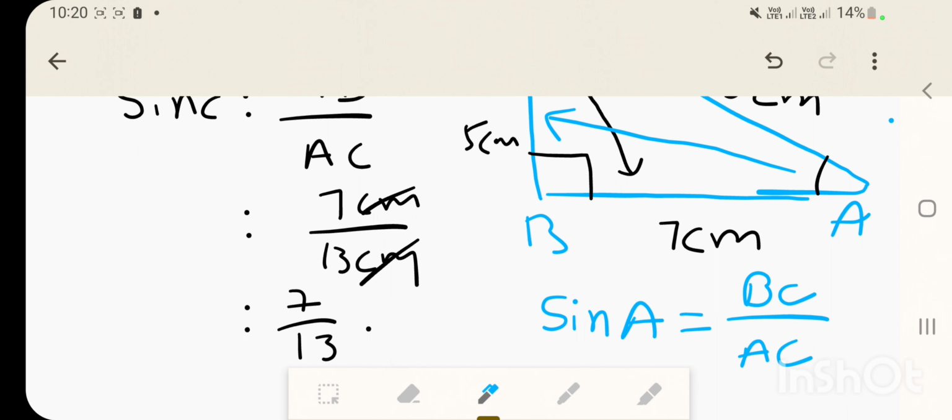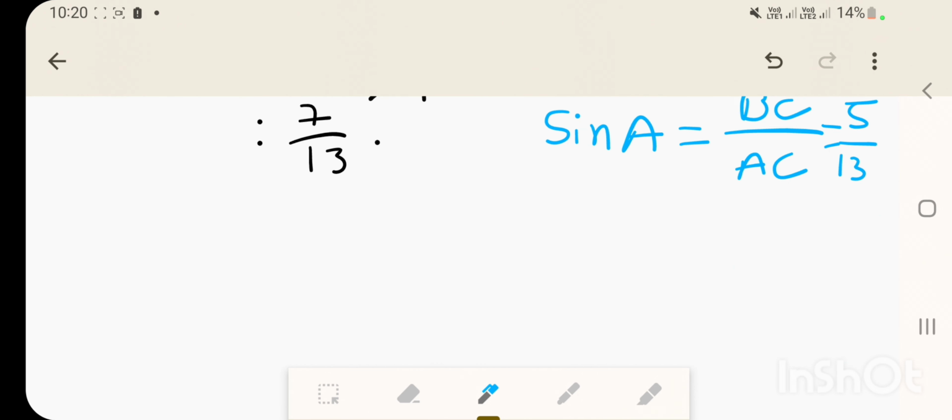So the length of BC is 5 centimeters, divided by the length of AC, which is 13 centimeters. The centimeters in the numerator and denominator get cancelled, and we get 5 by 13. That is going to be sin A. Similarly, if they ask what is cos C,